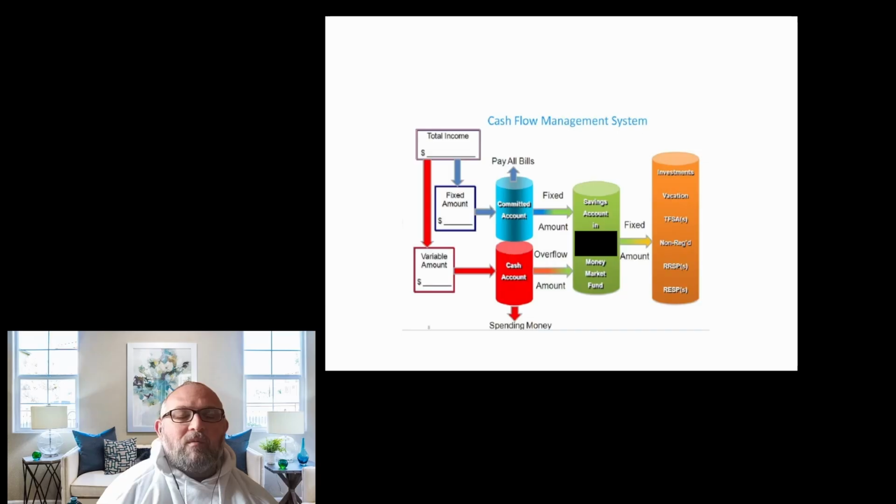Anyway, so the cash flow management system is you're going to take your total income, and you're going to minus your fixed expenses and your variable amounts. Now, basically what those are, so you understand. The total income is after all deductions, what lands in your bank account after payday, and you're going to probably times that by 2 for roughly a month. Per month is what you're going for.